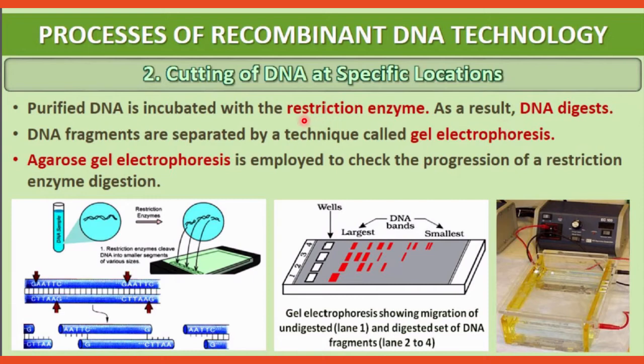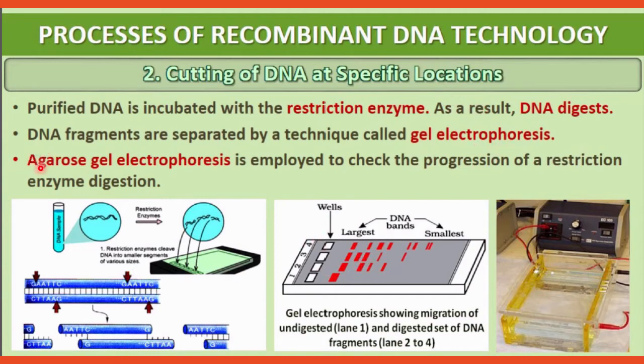After the treatment with the enzyme and after getting the DNA fragments, you have to separate them by using gel electrophoresis. Why do you have to separate them? Because out of the other fragments, only one or two will be your desired fragment. So you have to separate them out. Gel electrophoresis works for that.